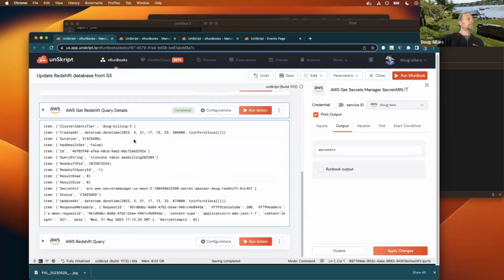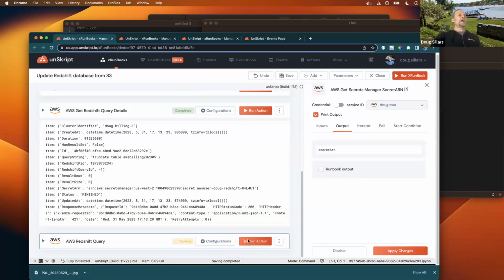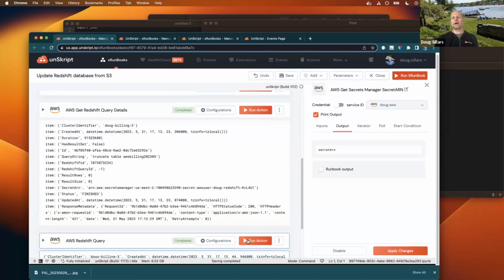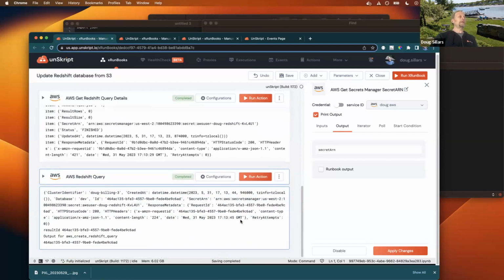Here it says that it finished. That first query finished, right? We don't want to start adding to the table before the first one is finished. And now we're going to put all of the data into the table. And this takes a couple seconds, but it will be done by the time we make it to the next